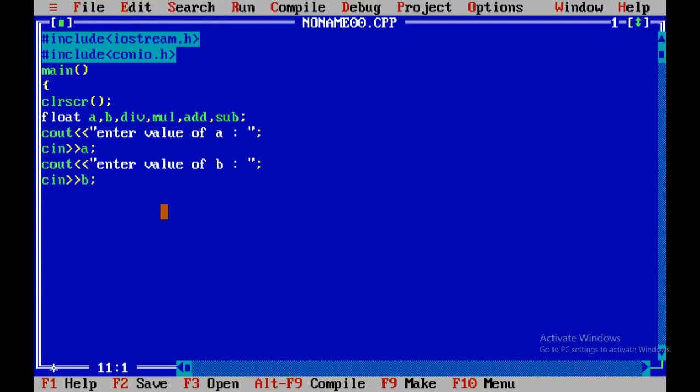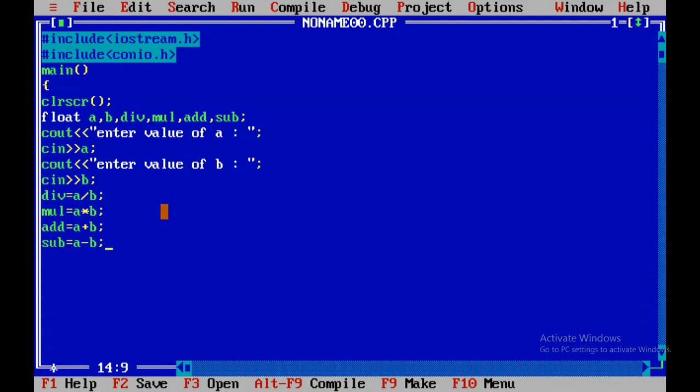So I must do some coding here. For division: div equals a by b, terminator. Then for multiplication, simple, mul equals a into b, terminator. Then addition, add equals a plus b, terminator. Next sub equals a minus b, terminator.